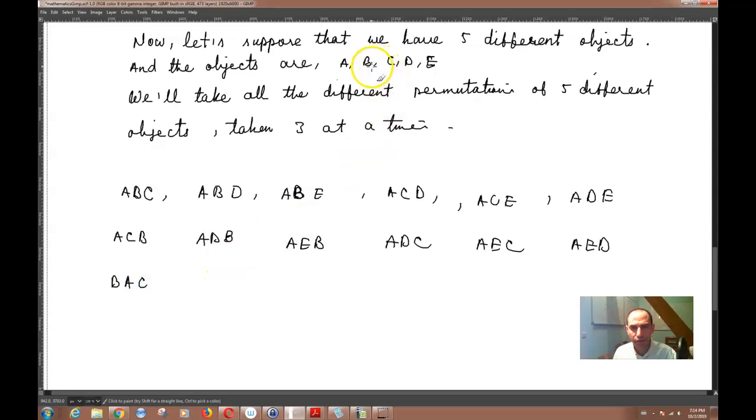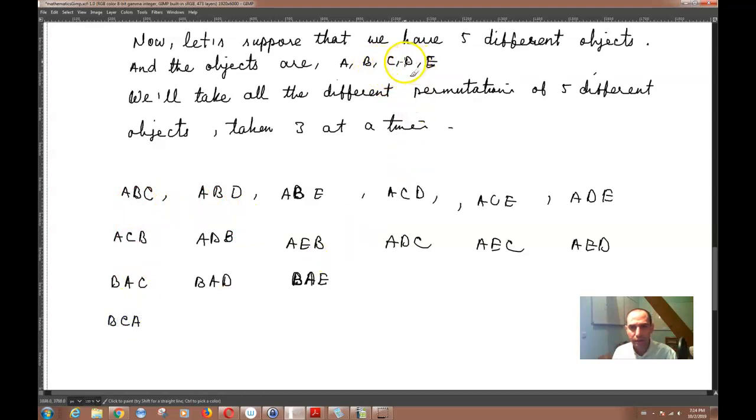I'm going to take BAD. I'm going to take BAE, and now this round is over. So now I can switch the middle letter: instead of A, I'm going to take C here. So BCA,